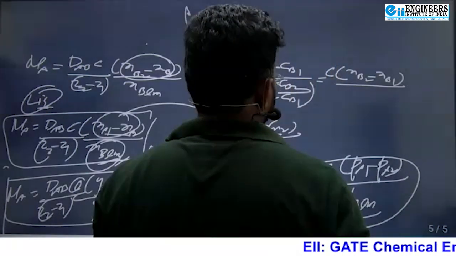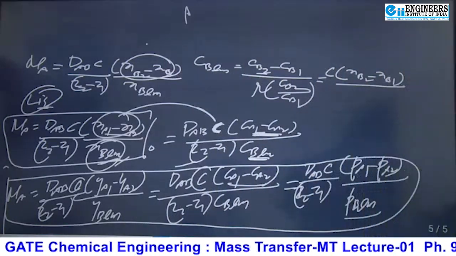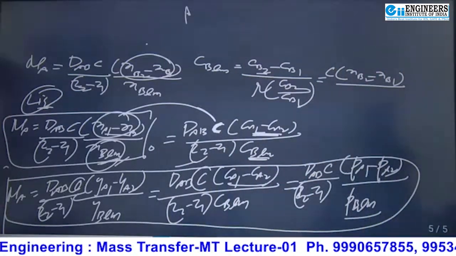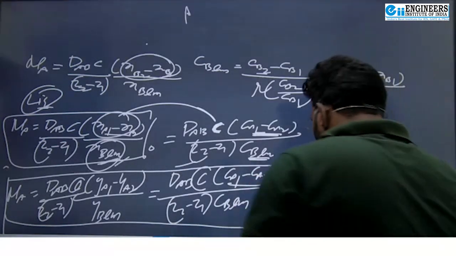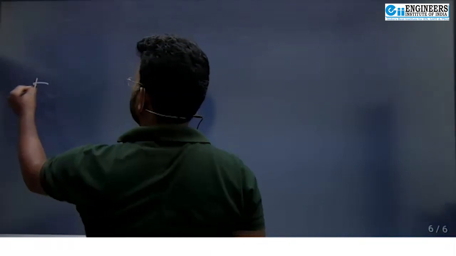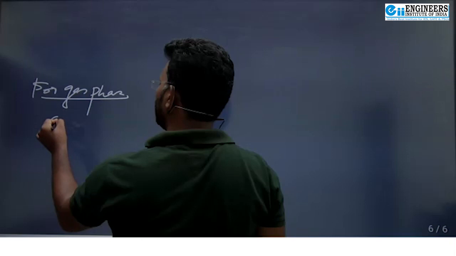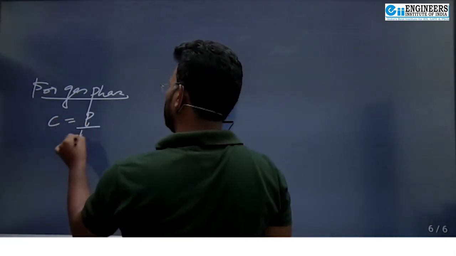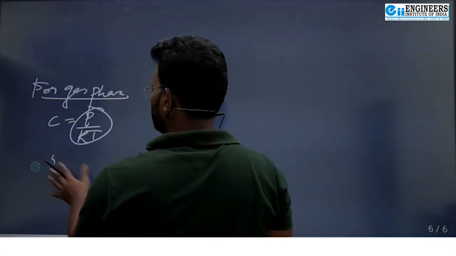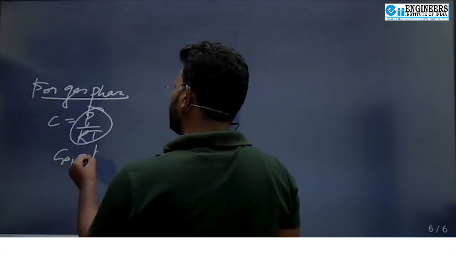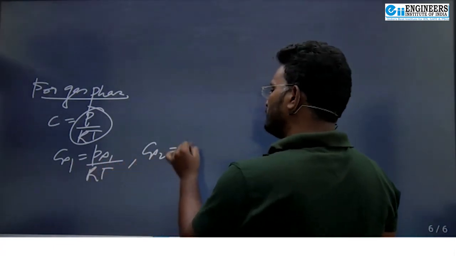बोलो, ये अलग चीज है। In gas phase I can write the C concentration as total pressure upon RT, but not in the liquid phase, because in liquid phase there is no meaning for total pressure, है कि नहीं? बोलो। अब ये जो only difference क्या है बच्चे, for gas phase I can write C as total pressure upon RT, and CA1 as PA1 upon RT, partial pressure upon RT, you know very well, CA2 as PA2 upon RT।